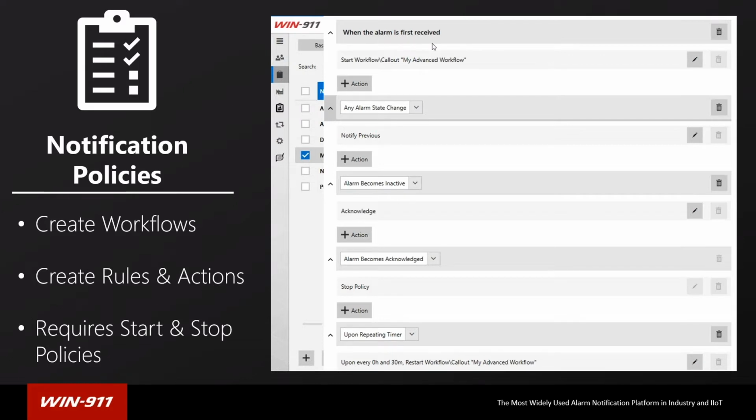alarms first receive the initial event, we start our advanced workflow. If any alarm state change occurs, we're going to notify previous. If the alarm becomes inactive, we're going to acknowledge it. And if the alarm becomes acknowledged, then we're going to stop that policy. And then just in case no one's acknowledged the alarm, we're going to set up a 30-minute timer